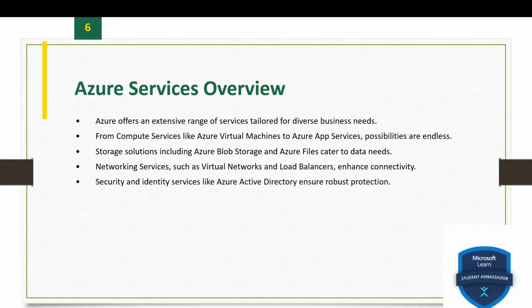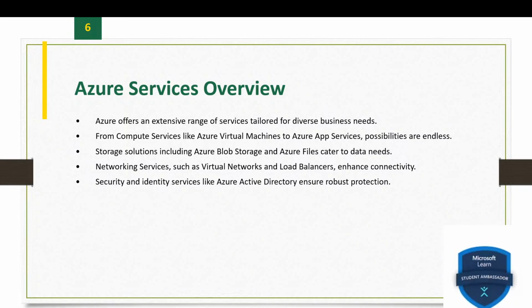And number three is networking services. Services include Azure Virtual Network, Azure Load Balancer, Azure Traffic Manager, Azure VPN Gateway, and Azure Content Delivery Network. And the fourth one is database services. It consists of Azure SQL Database, Azure Cosmos Database, Azure Database for MySQL or PostgreSQL, and Azure SQL Managed